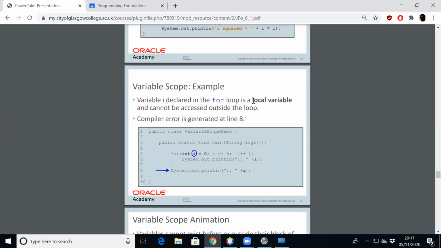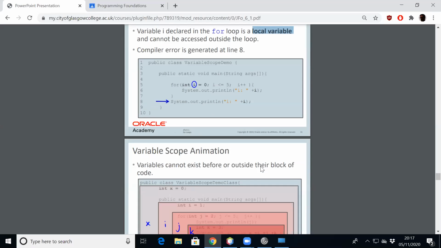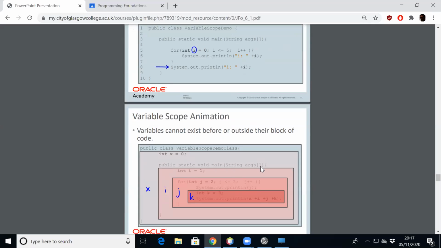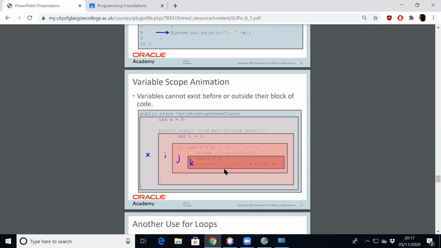It's what's known as a local variable. We'll go on and look at locals and globals in the weeks to come. But you see here, there's a for loop. That variable is available to all these sub blocks of code, but they're not available outside the block of code. The x here, for example, is available